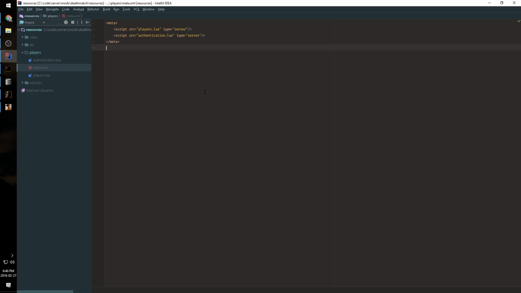In this episode, we're going to take our authentication system to the next level using Multi Theft Auto's ACL system. This is going to allow us to assign groups to individual users and give certain users more permissions than others. So let's dive in. The first thing we need to do is open up our access control list file from